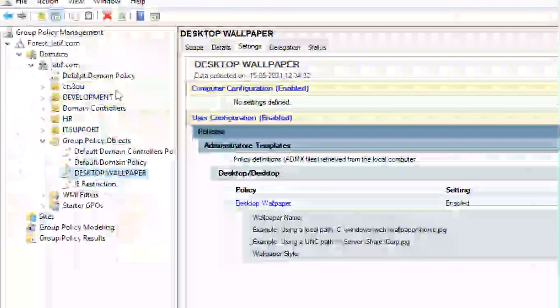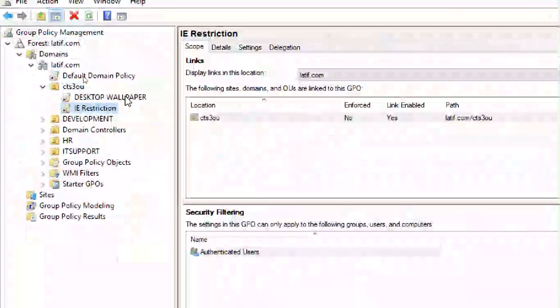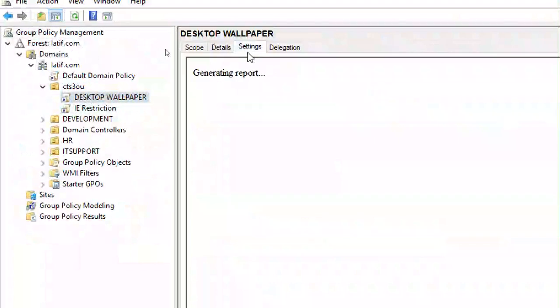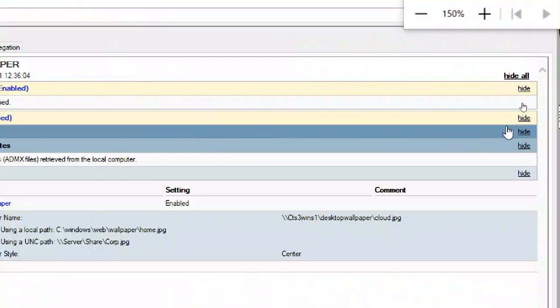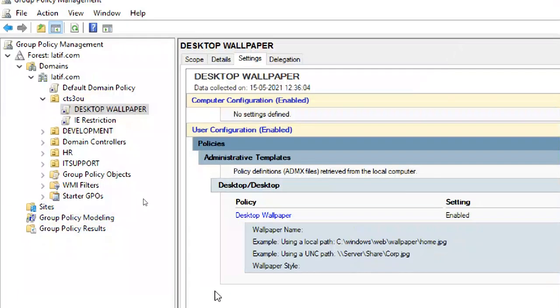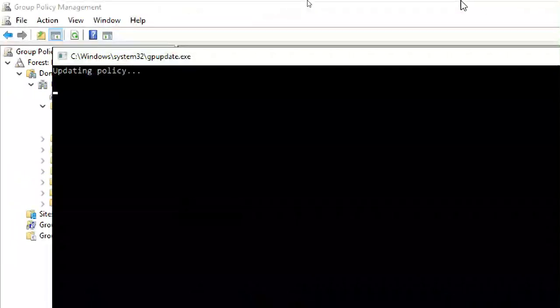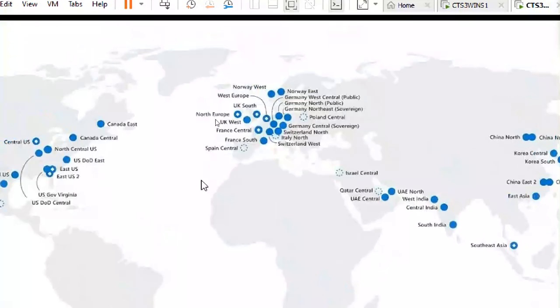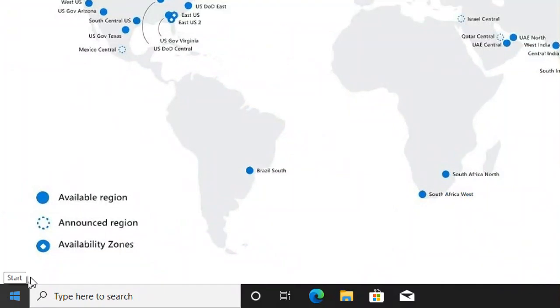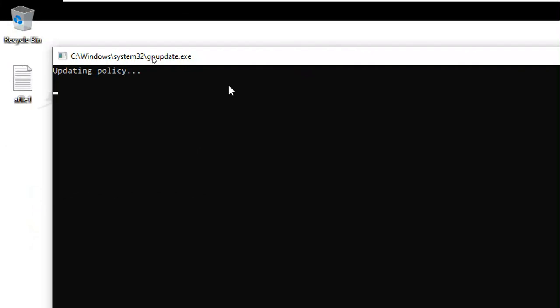So changes occur, right? So compulsory go to somewhere and refresh. Top angle only, just refresh. So when you're done, settings, show all. Is the setting changed or not? Verify this one. Then if you want, you can go for a GP update and go to the client. It is not applied. You have to sign out and sign in. Before I sign out and sign in, I will go to update the policy.